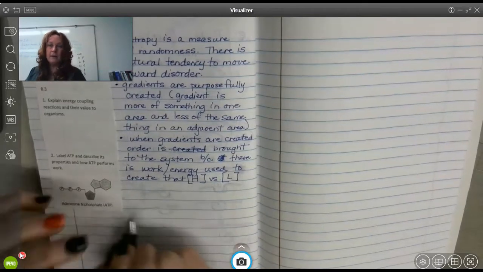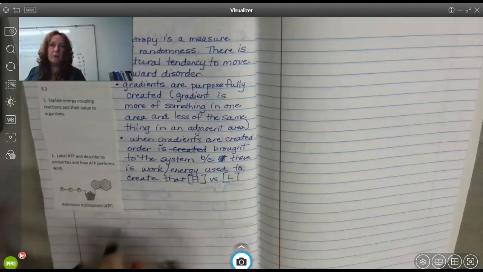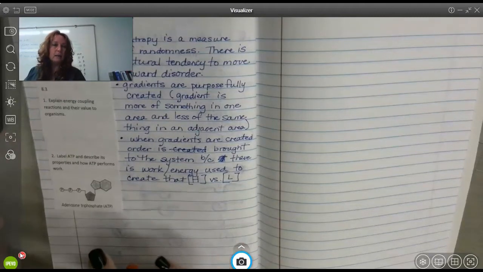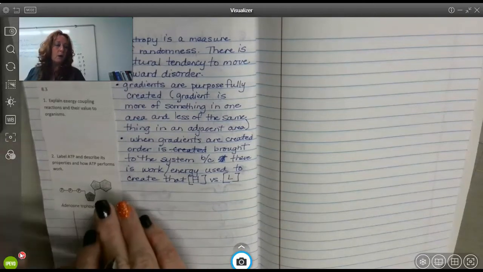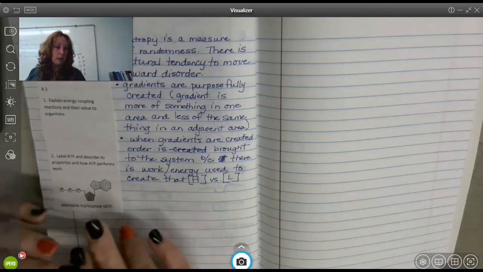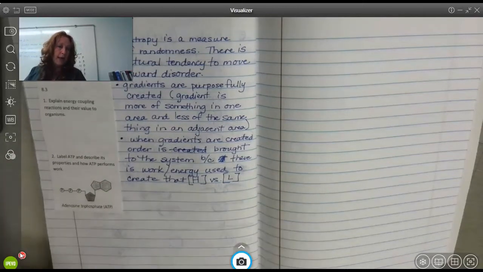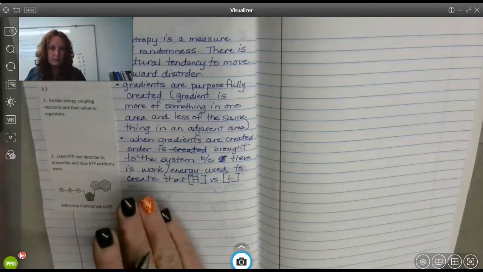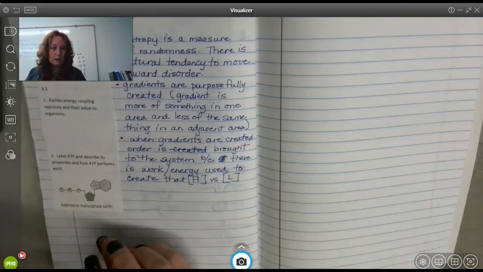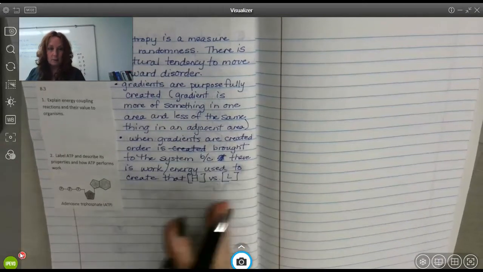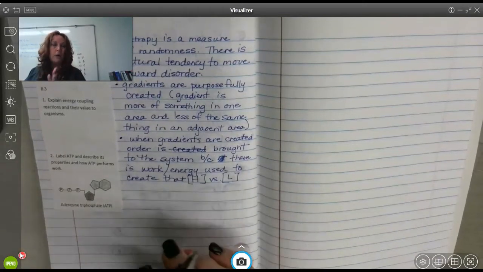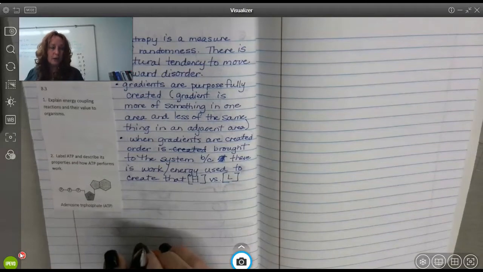So think about it this way. Your room's a hot mess, and you're going to bring order to your socks. That's where you're going to start. So you go in your room, all on the floor, under the bed, on top of the bed, on top of everything, in the basket, in your bag, everywhere in that system, and you collect your socks and you place them in the drawer. So there's a compartment that's adjacent to the bedroom where there's a higher concentration of socks.